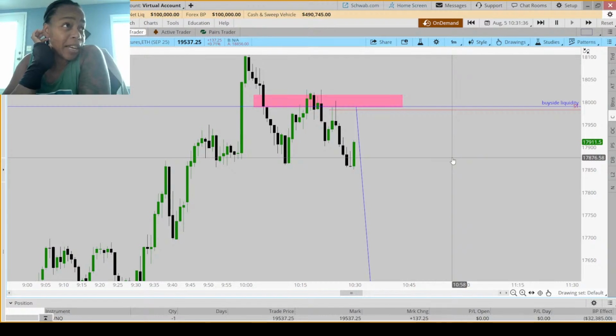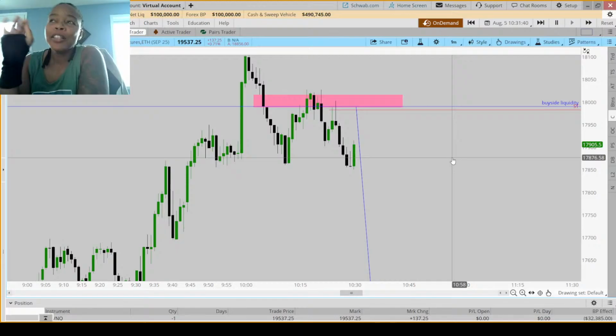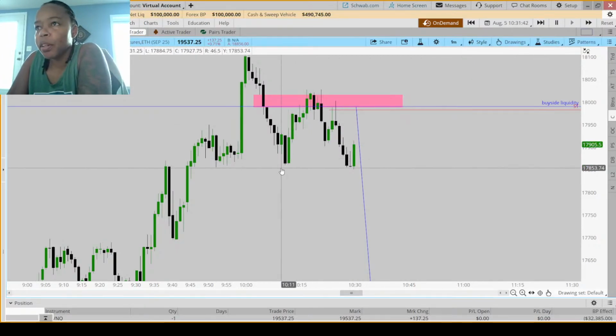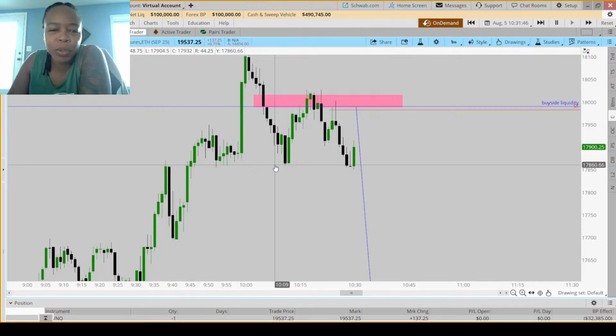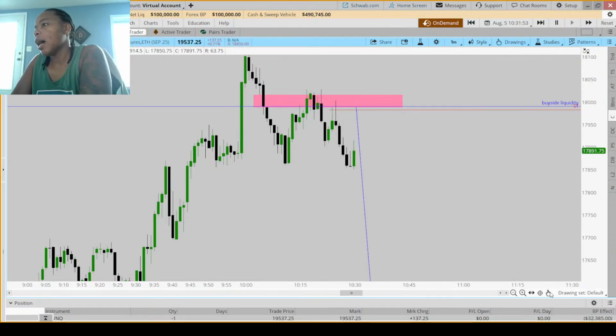Because sometimes when I do that, I get stopped out like on a regular. You know what I mean? So here's what I'm thinking: we've broken through these two lows, but we didn't do it strongly, right? I would like for it to be a lot stronger on that break. But I'm also expecting this order block and this fair value gap to be the line in the sand.